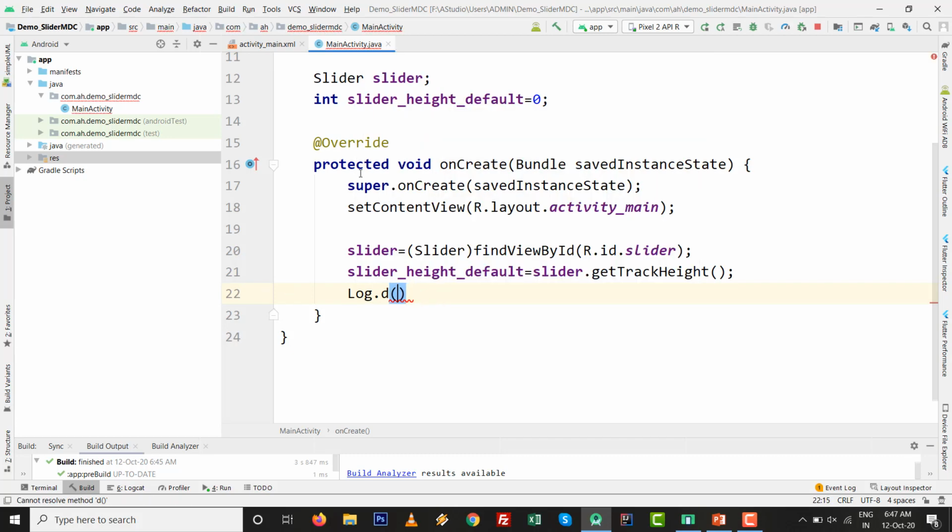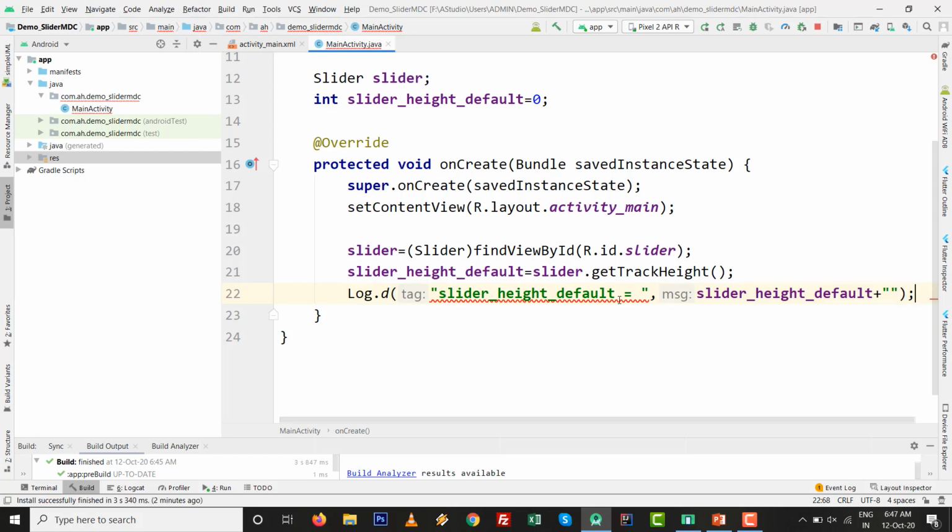If you want to check, you can check it inside Log.d, just copy this slider height default and paste it, always with plus and double quote, which means it will automatically be converted to a string.